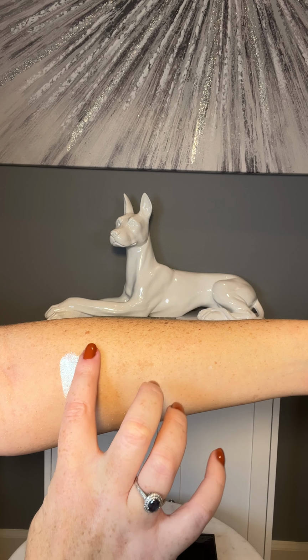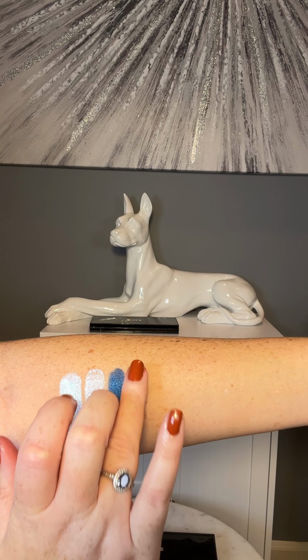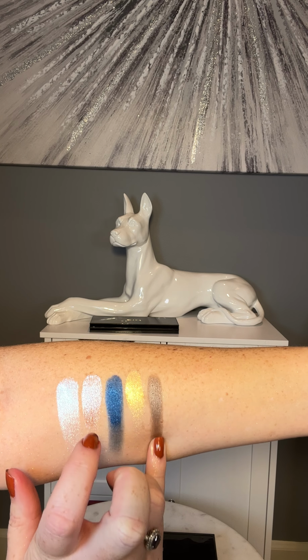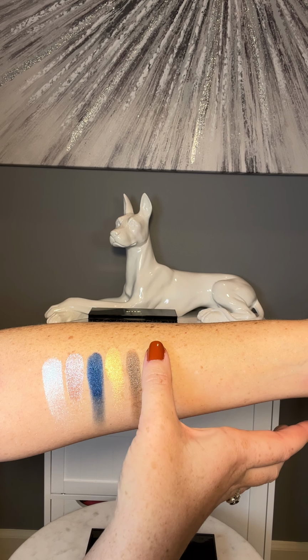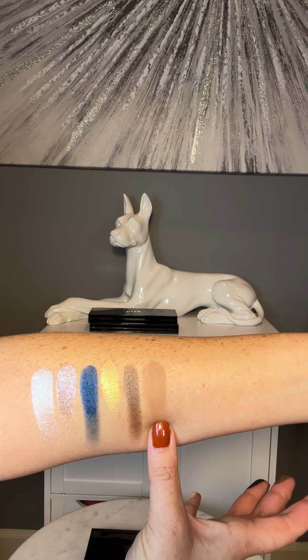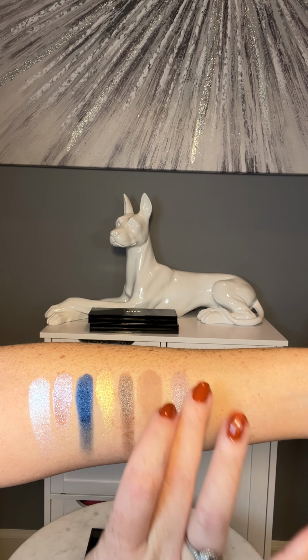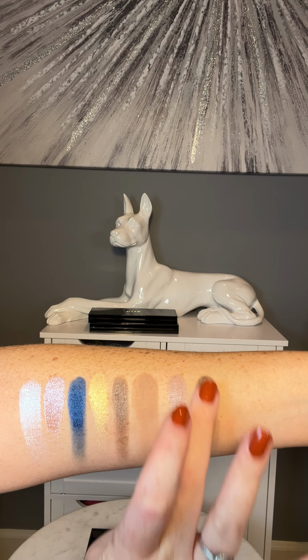So creamy, so buttery. They are a dream to blend. Look at that blue, you guys. Blue is almost impossible, and yet look at it. Next level gorgeous. Here we go. So this one is clearly a beautiful matte, which is everyday wear for me. These shades are just so